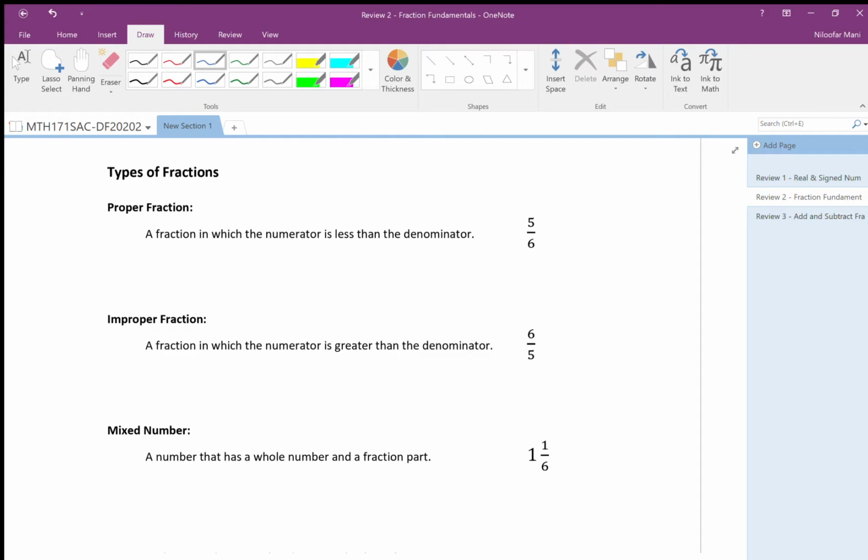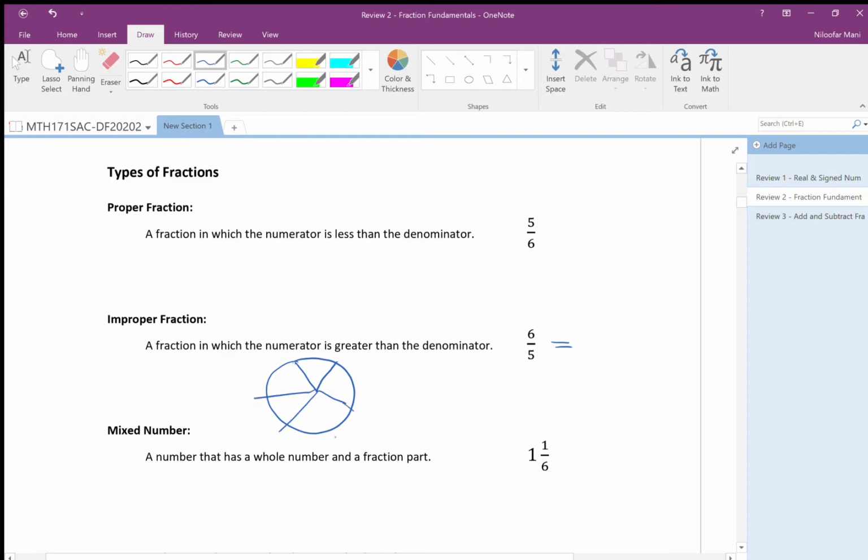For example, I have just one pizza. But if I have top more than bottom, for example, 6/5, it means I have one pizza, for example, I divide it between 5 parts, but I am using 6 of those parts. How is that possible? Okay, so I have a pizza, I divide it into 5 parts,